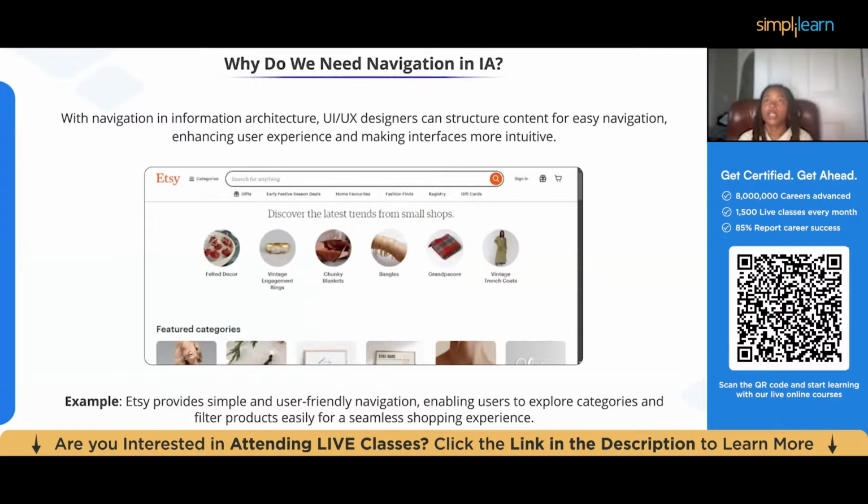With navigation and information architecture, UI UX designers can structure content for easy navigation, enhancing user experience and making interfaces more intuitive. This example shows us Etsy provides simple user-friendly navigation, enabling users to explore categories and filter products easily for a